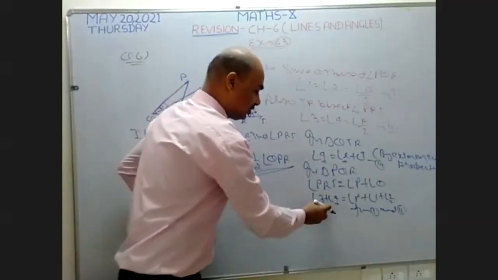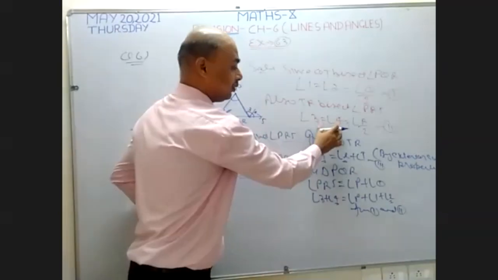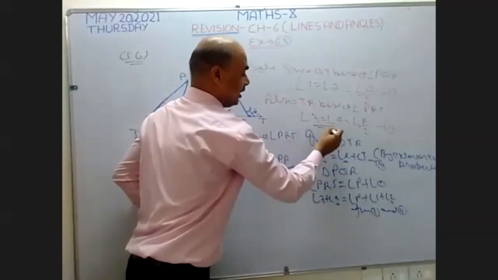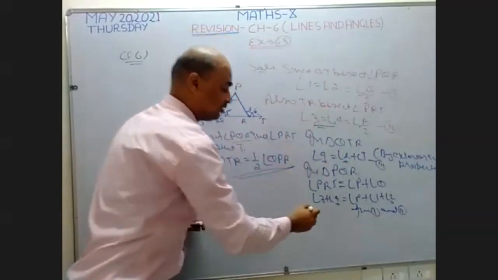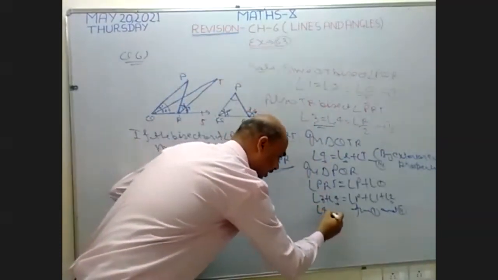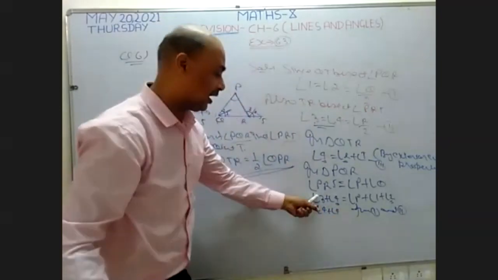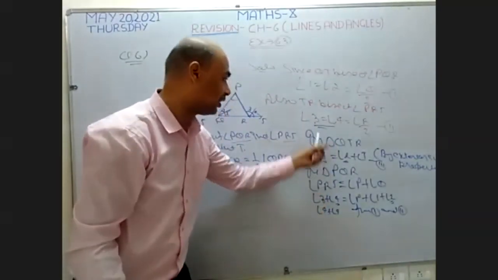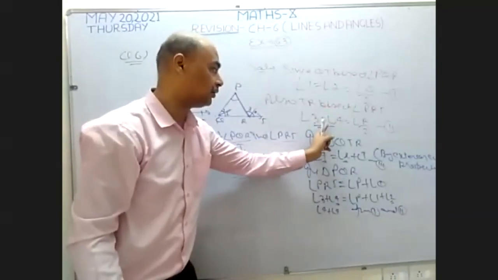I want to convert this angle 3. This angle 3 is equal to angle 4. It is given in the second part. See, in the second, what is written? Angle 3 is equal to angle 4. It means instead of angle 3, I can write angle 4. Okay, beta? Yes, sir. Instead of angle 3, I can write angle 4 because these two angles are equal. Okay?